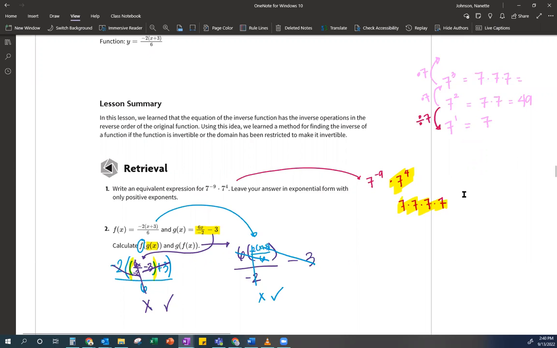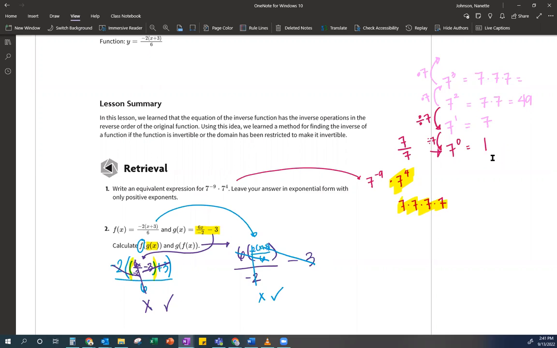So this is going to be 7 to the 0, which means there are 0 factors of 7 here. So Ms. Johnson, what would that be? Well, if you think about this one, this is really 7 divided by 7, because we're just dividing by 7 every single time. And what's 7 divided by 7? Oh, that's 1. And that's why 7 to the 0 is 1. Okay. So if we keep going,